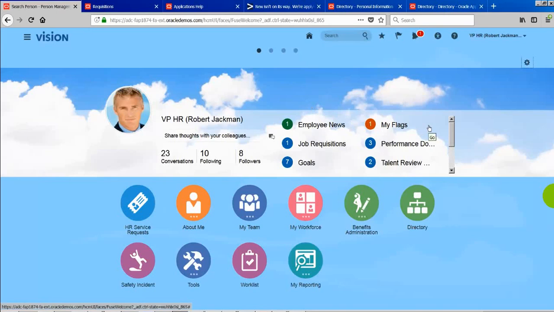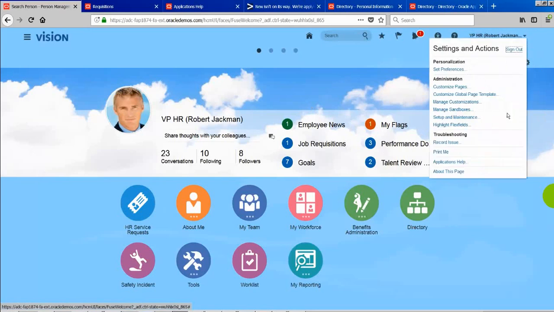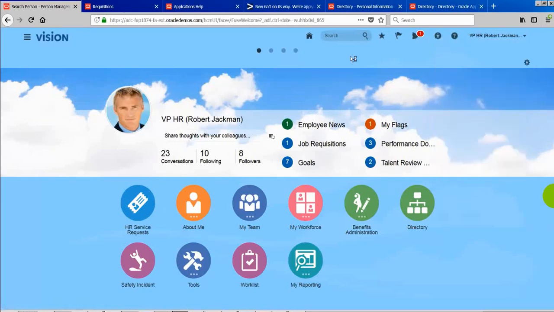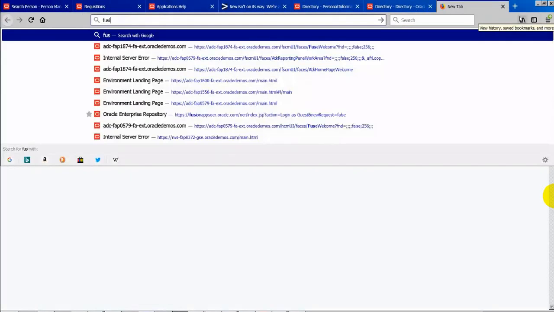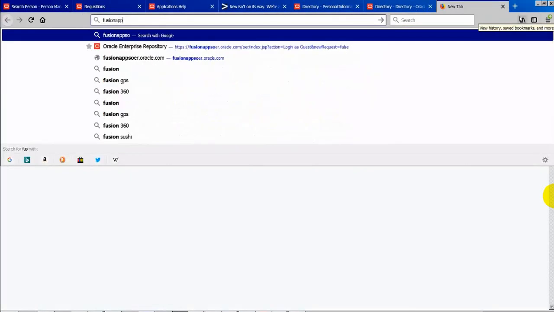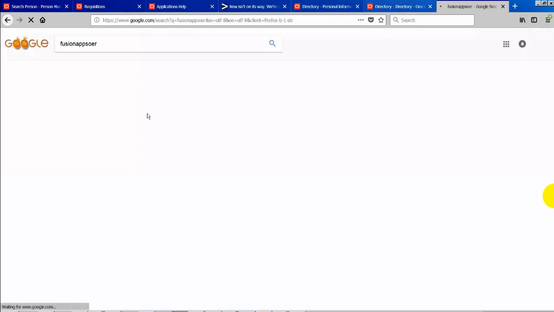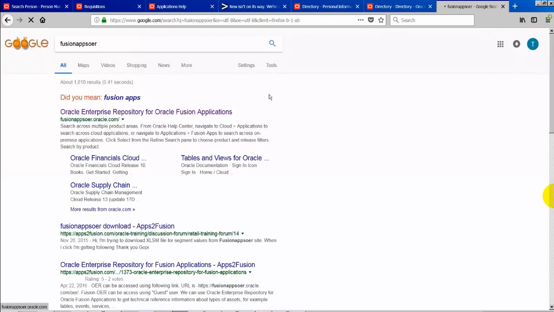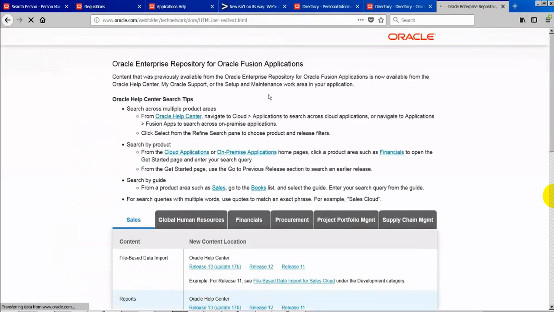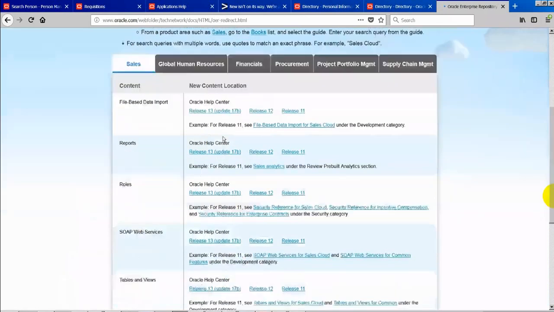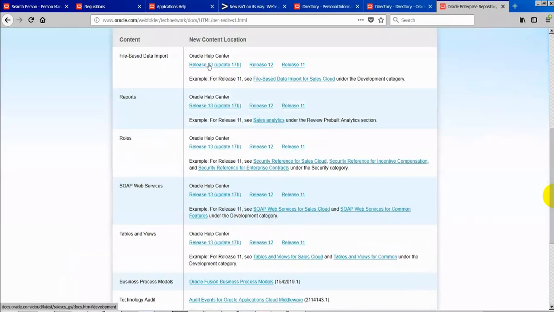Lakshmi, whenever we see the documentation, there's something called update 13, update 16, update 18. What does it represent? Oh, okay. Whenever you see any Oracle documentation, 13 means the release 13 version.